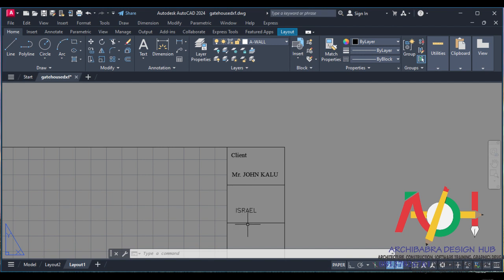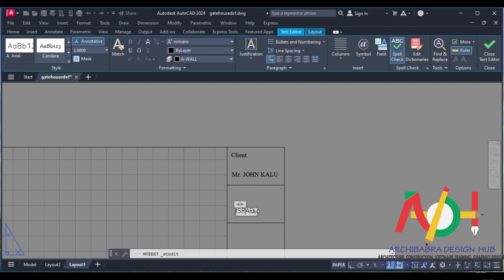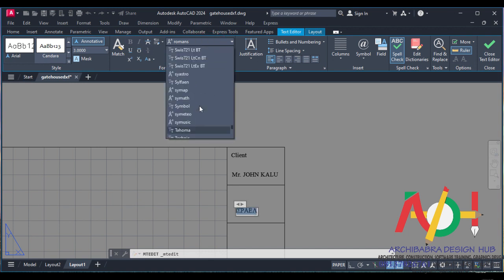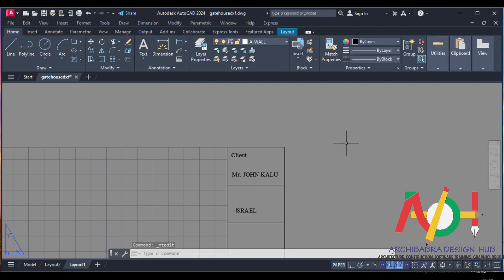Now you can see the text style is different from this, so I can decide to double click on it and change the text. Just come down here and change the text to whatever type of text I want to work with. So let's say Times New Roman, change it, click outside, that's all. And if you don't want to stress yourself typing the same text and reducing the size again,